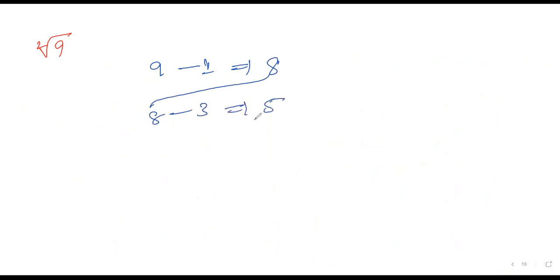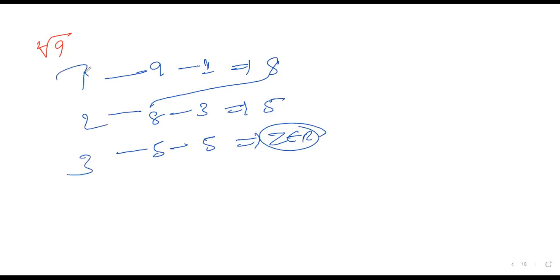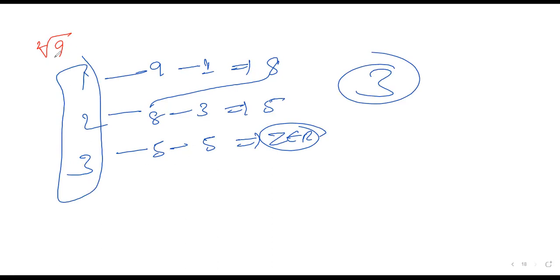Now if you make it a very simple number, take the square root of 9. You get the answer. Same method, you try to take it out. 9, first you subtract 1. 9 minus 1 is 8. You take 8 here. 8 minus 3, the answer is 5. You take 5. 5 minus 5, the answer is 0. So stages is what? First stage, second stage, third stage. Answer is 3 only. Number of stages, 3 stages. So the square root of 9 is 3.